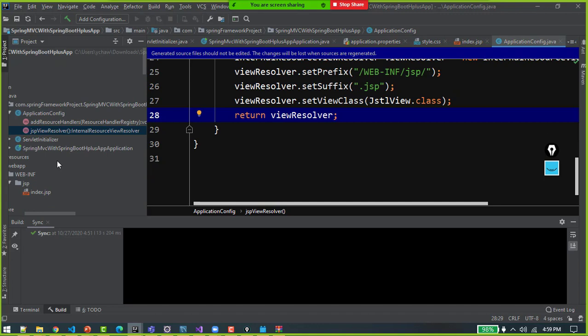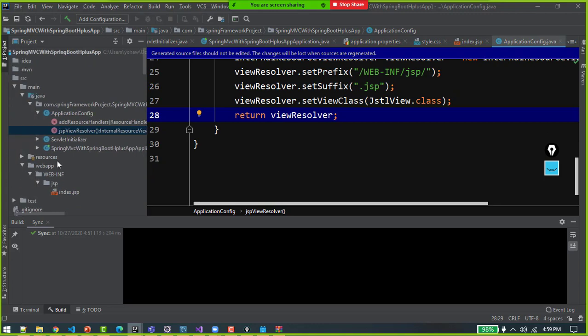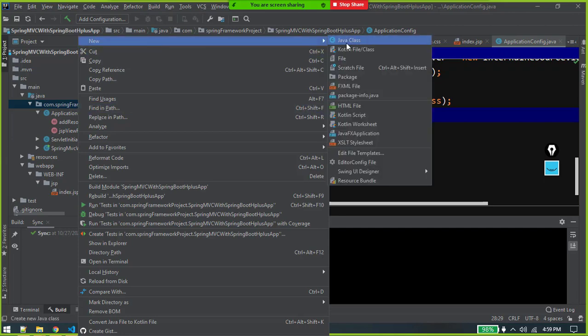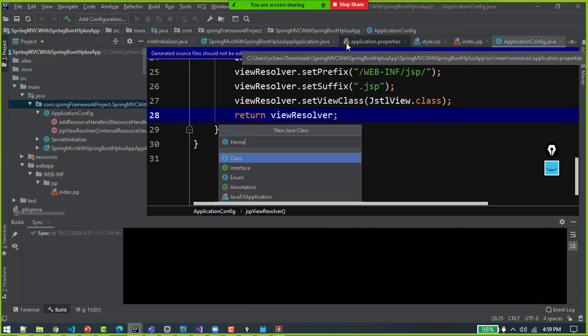So controller should be there, right? Who will return index.jsp, right? Who will basically mention what to type, things like that. So controller class has to be there, and then we can look out for. So I can simply create a class called home controller.